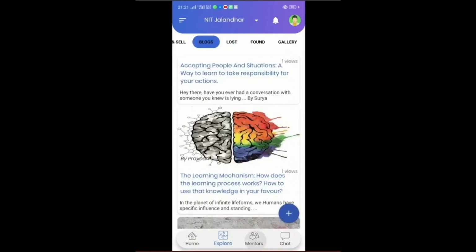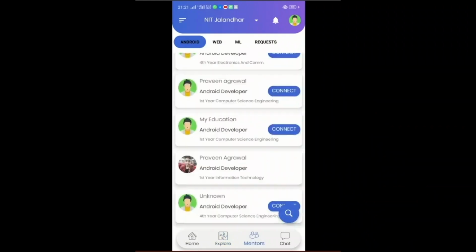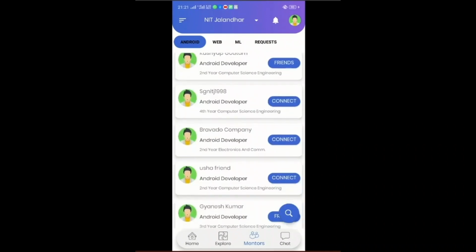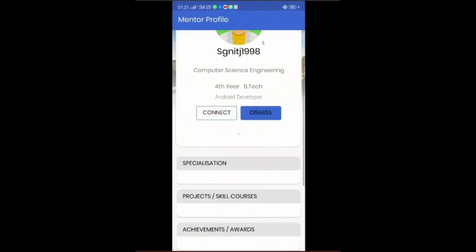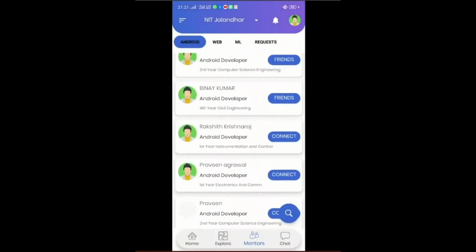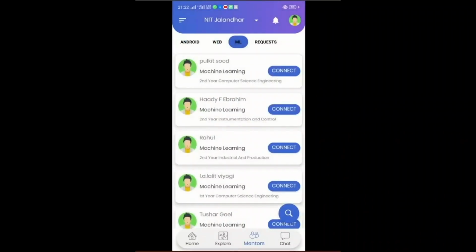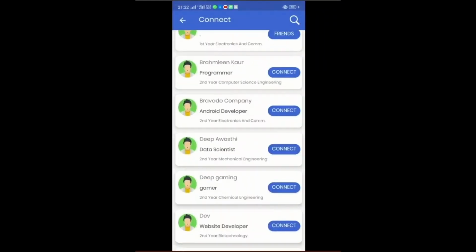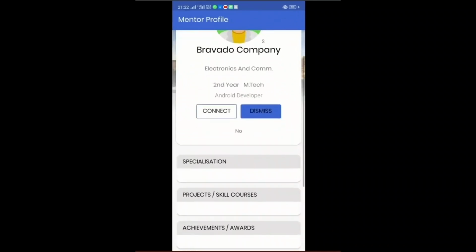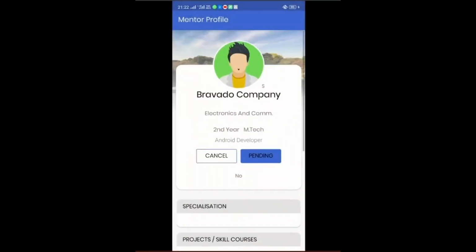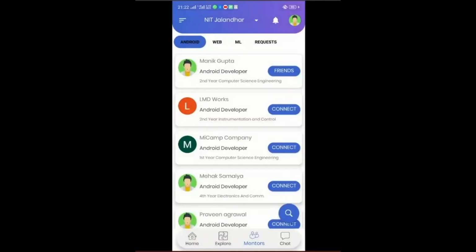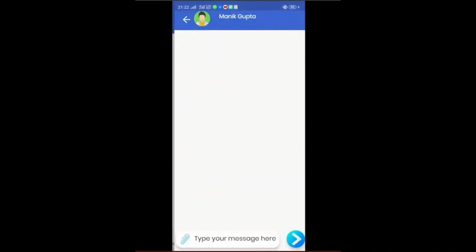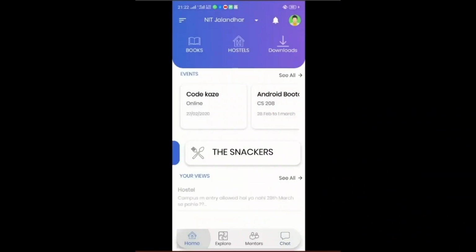So now let's speak about the main problem we solve, which is to connect all the students irrespective of their stream by using our platform. Like in an engineering college, you can see the students according to their skills: Android developers, machine learning enthusiasts, web developers, etc. If a student is working on an Android project and needs guidance from a senior, it will be difficult for them to find a good Android developer who can support them. So here students can get the details of all the Android developers along with their projects and internships, etc. So it will be easier for them to pick a good senior. Then they can interact with them and get support or guidance on their project.